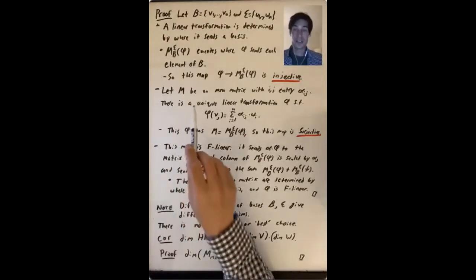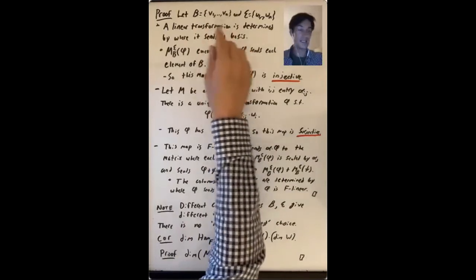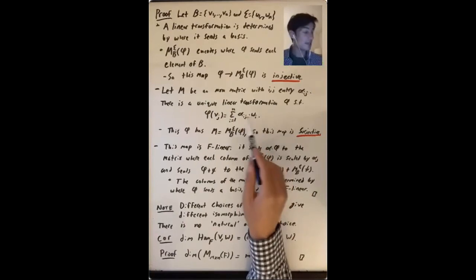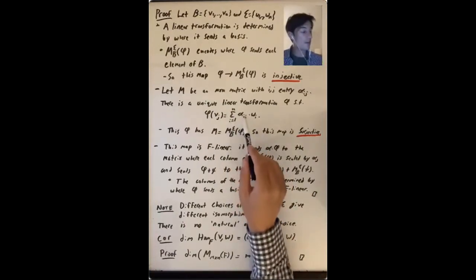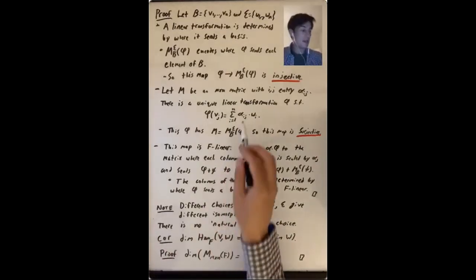Well, there's a unique linear transformation phi, where phi sends Vj, the jth element of this basis B, to the particular linear combination of basis elements of E, the sum from i equals 1 to m of alpha_ij times Wi. Why is that? Well, we've talked about this a number of times: you can send your basis elements anywhere you want, and then just extend this map to be F-linear by saying that,